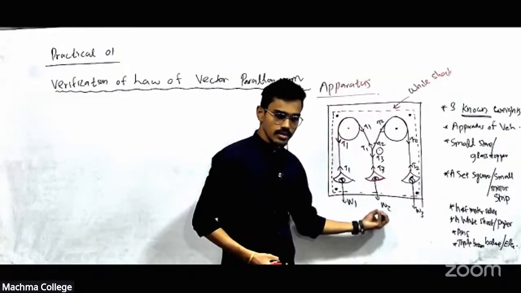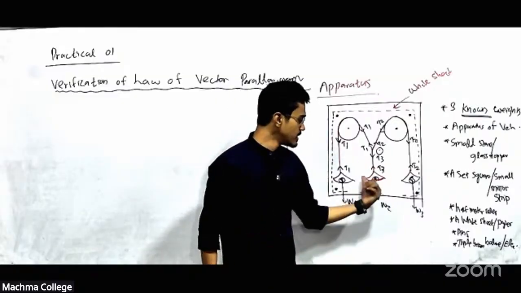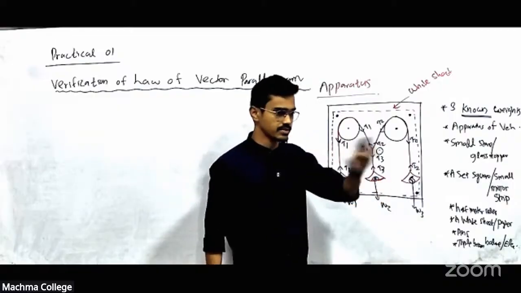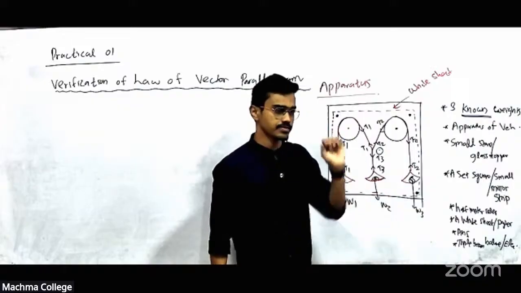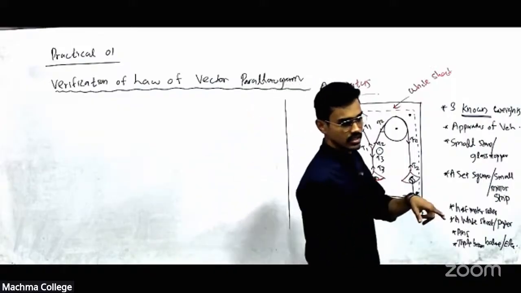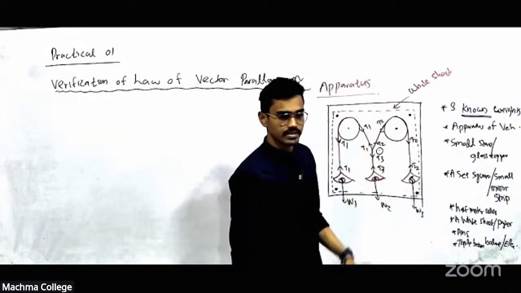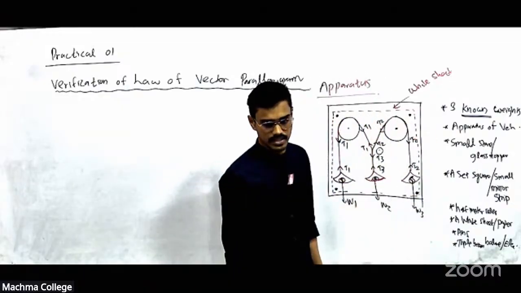Drag this down and release. And check whether it is coming back to the same initial point or not. If it is coming back, there is no friction. If it is not, there is friction. If there is friction, you have to apply lubricants to these 2 pulleys to make it frictionless.